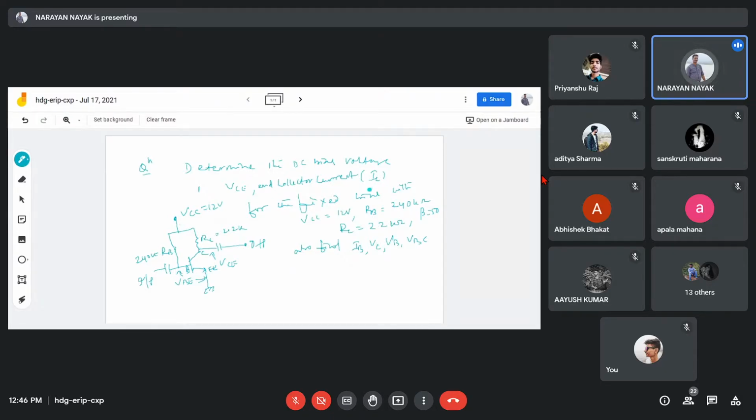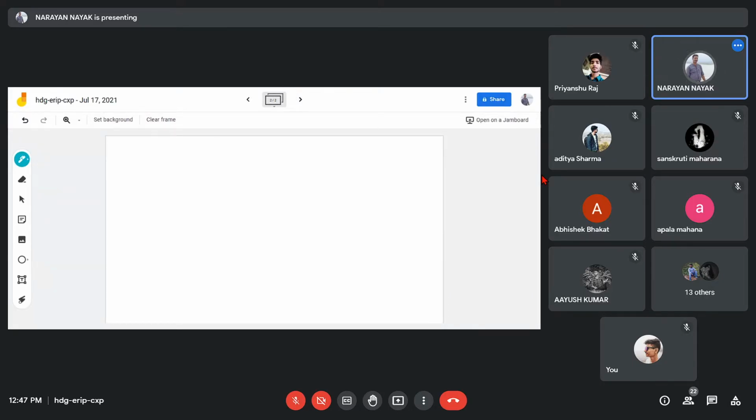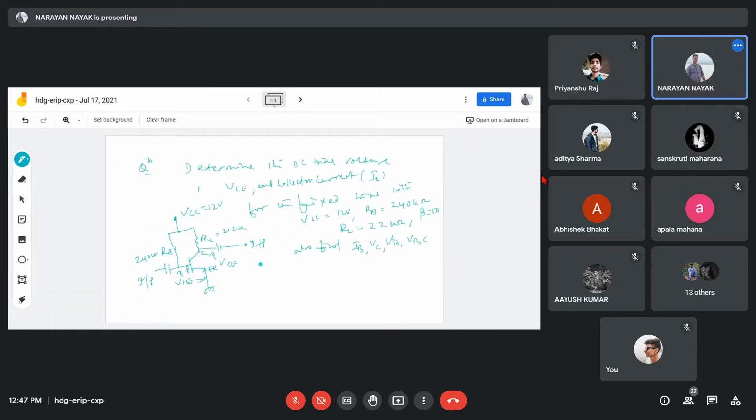Okay, now we'll find VC, IC. We need to calculate VC, IC, and also IB, VC, VB, VBC. You have to remember there are two loops to calculate the VC and IC. So you can remember the fixed bias circuit. Now in this fixed bias circuit, if you make it as one loop, the circuit I have told you is like this. This is the similar circuit, and for analysis you can do it also.